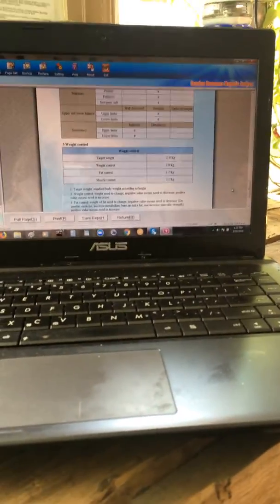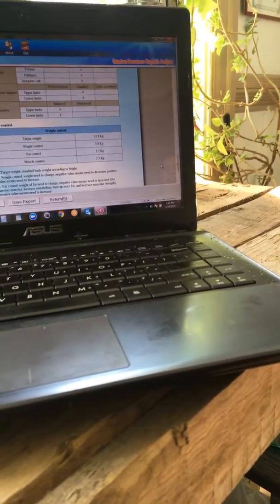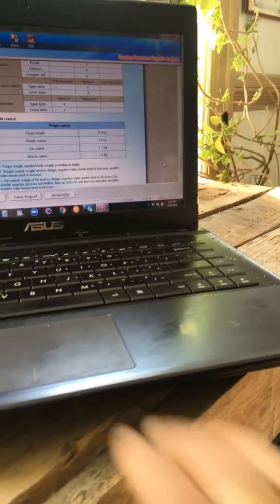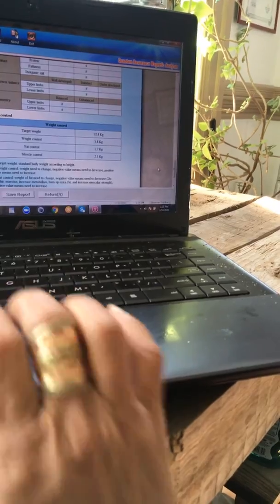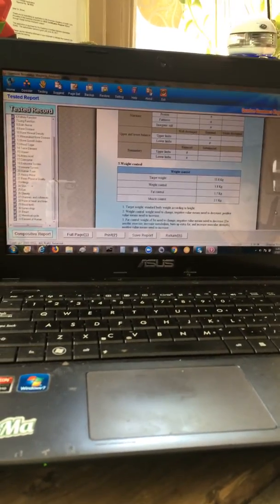And target weight should be 52.8, so mine is 50. So they said I can gain weight but put on more muscle and reduce the tummy fat. The tummy fat should come down 1.7 and muscle content should go up too, which means I need to work out. So this is, yes, something I really like, especially with coronavirus, so I can train you guys in this if